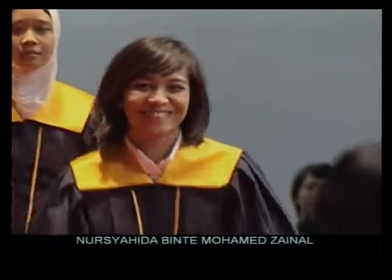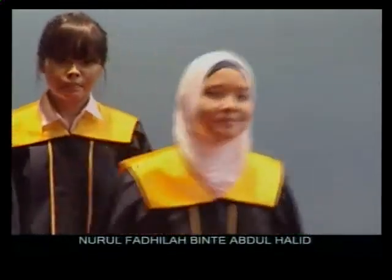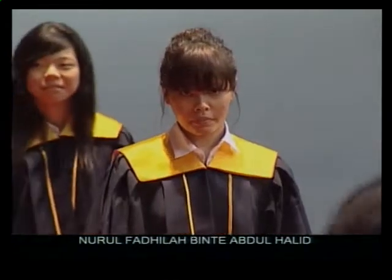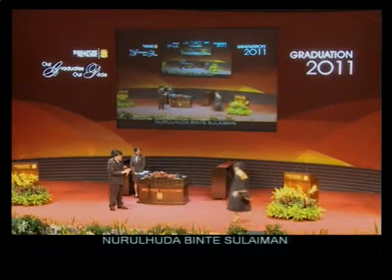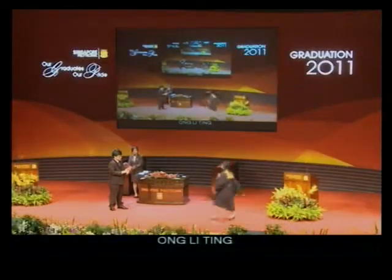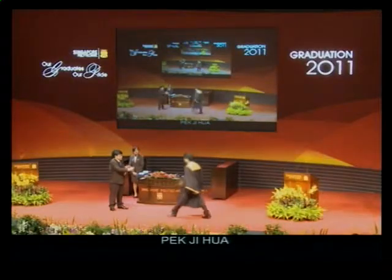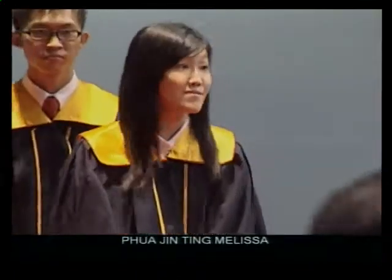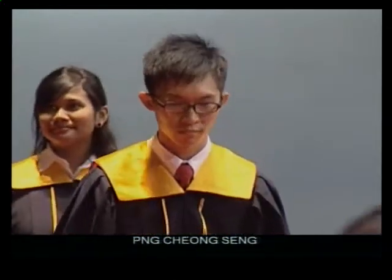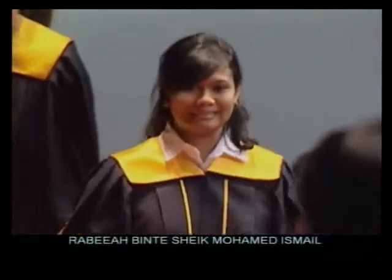Nur Shahida binti Muhammad Zainal, Nurul Fadila binti Abdul Khalid, Nurul Huda binti Sulaiman, Ong Li Ting, Pek Ji Hua, Hua Jinting Melissa, Heng Chong Sing, Rabia binti Sheikh Muhammad Ismail,